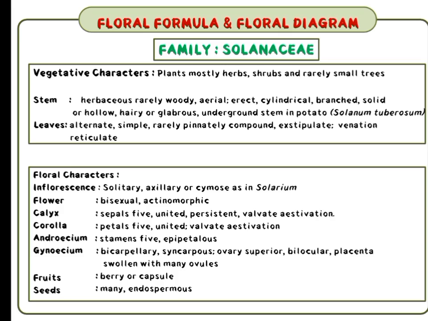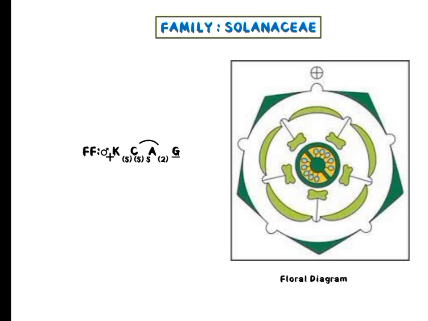So by using all these description data, we will frame the floral formula. They are actinomorphic and bisexual, and the calyx is 5 and fused, and the corolla 5 fused, and both calyx and corolla are in valvate condition. Which means the sepals or petals never overlap, and you can see the stamens having a connection with the corolla, that is, stamens having connection with the petals, which indicates the epipetalous condition.